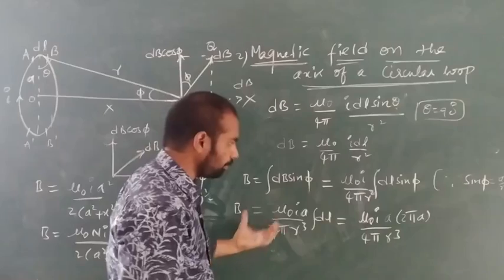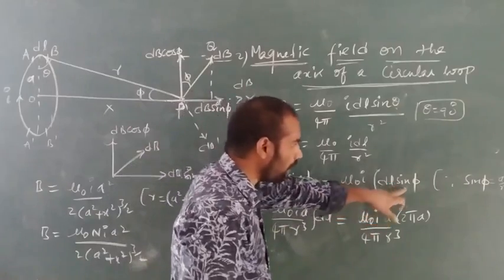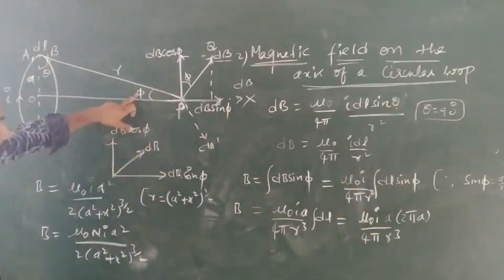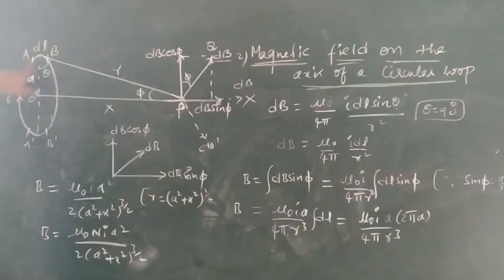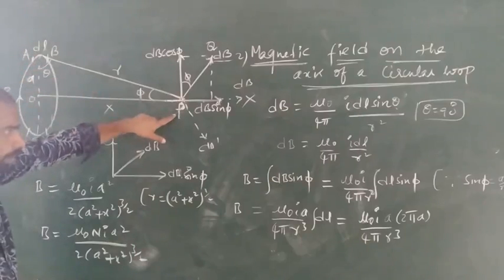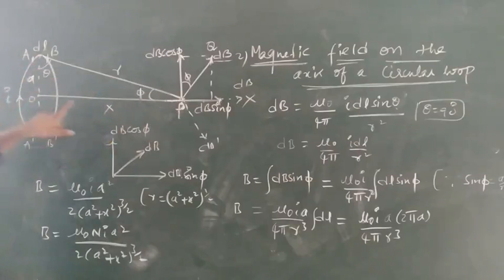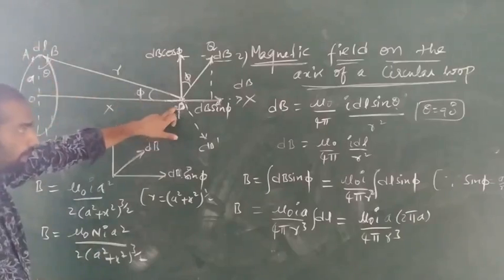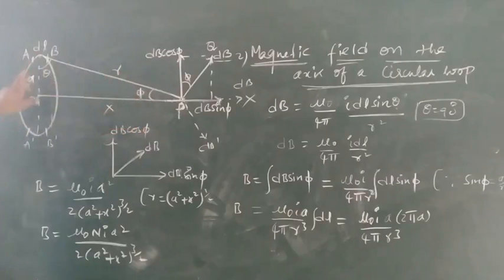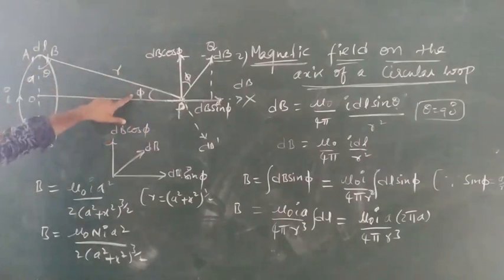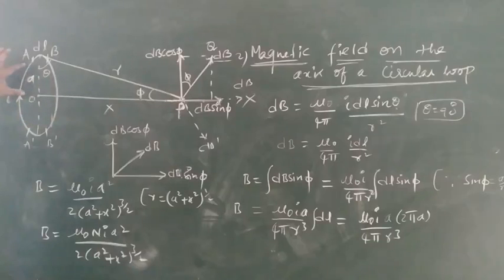Now from the diagram, phi is the angle between the perpendicular and the line from the small element to the point P. OP is the distance from the center, that is x, and r is the distance between the small element dl and the point P. The angle between both is phi. Now, according to the diagram, from triangle OAP, sin phi is opposite